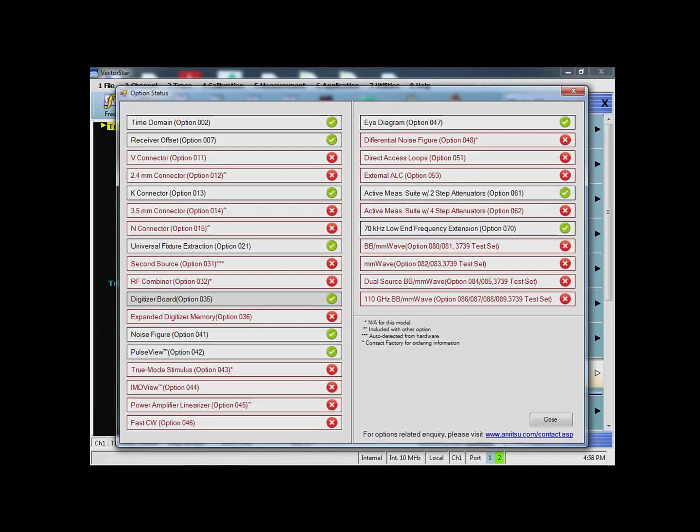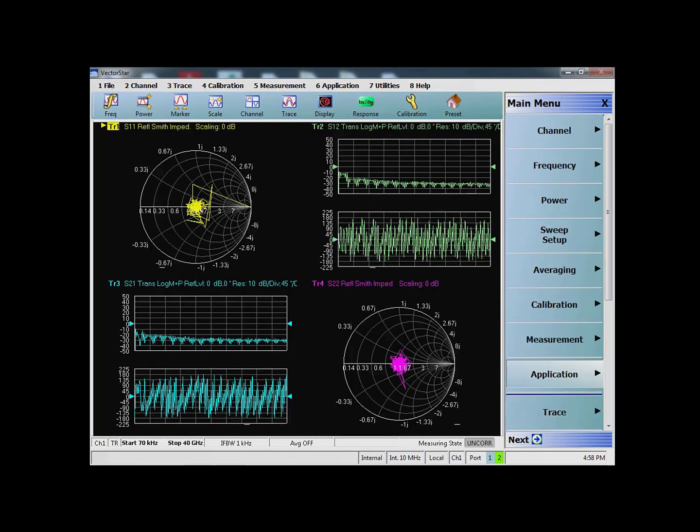35, which is the digitizer board, which gives us the IF bandwidth going as high as 200 megahertz. Then we also need option 42, which is the PulseView option. So you can see that the unit that I have today is already equipped with all the options which are required. Now I've already done a few setups, because otherwise it would take a lot of time to set up